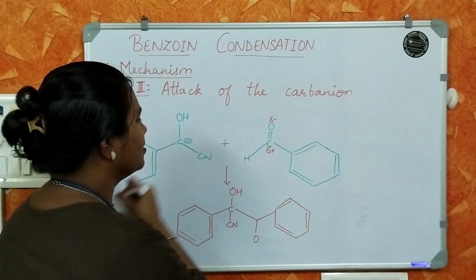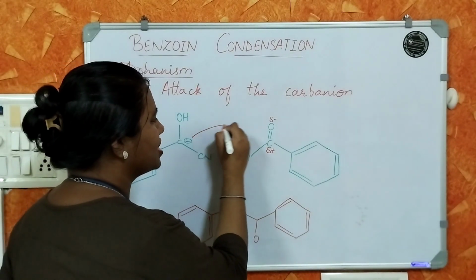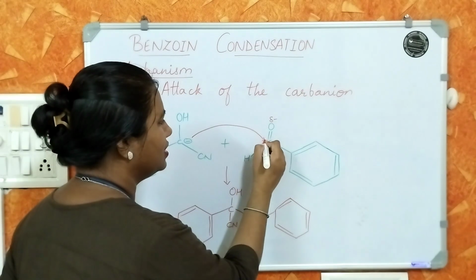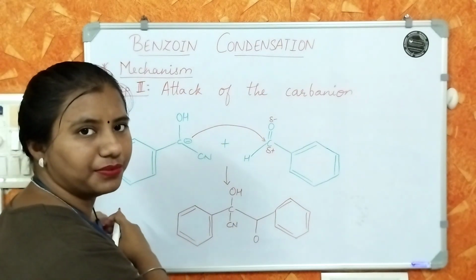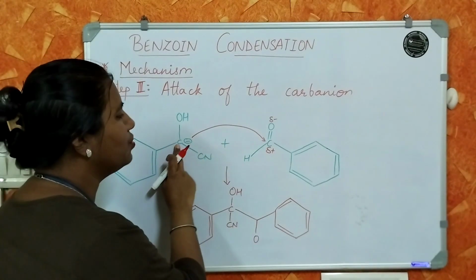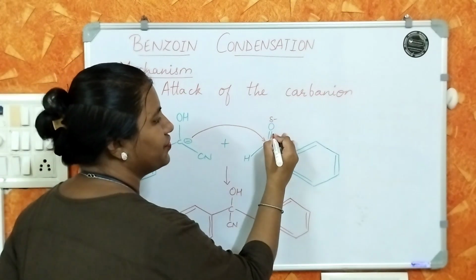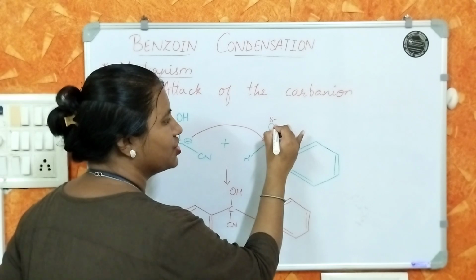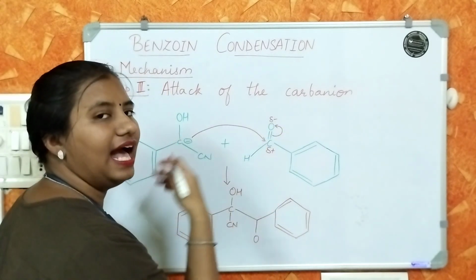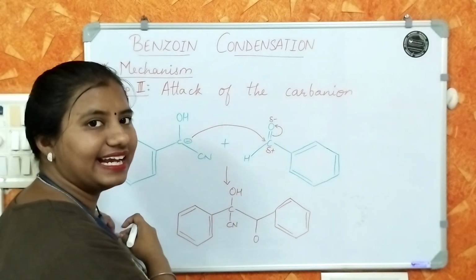What will happen over here is this negatively charged carbon is now going to attack on this partially positive carbon. What happens is there is a new carbon-carbon bond formed between the two. What happens because of this? एक पाई बॉन्ड जो है वो चला जाएगा ऑक्सीजन के ऊपर एंड ऑक्सीजन के ऊपर आ जाएगा एक नेगेटिव चार्ज।